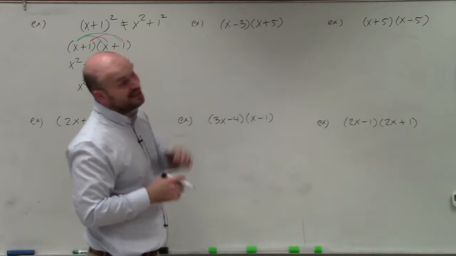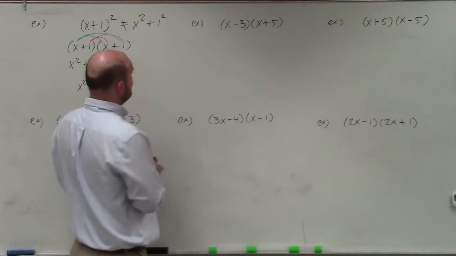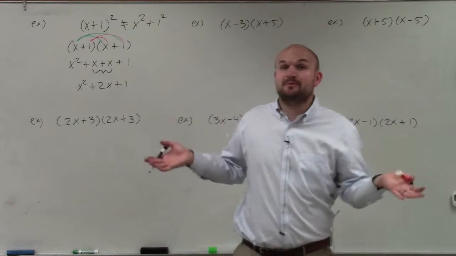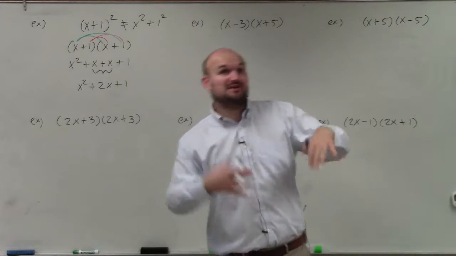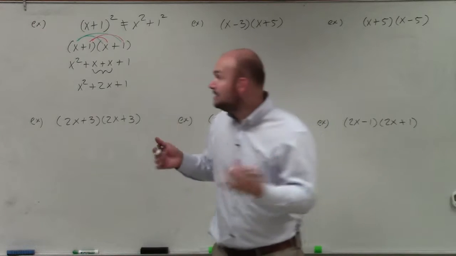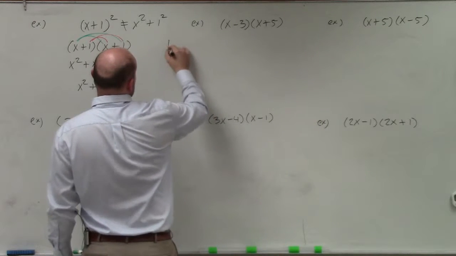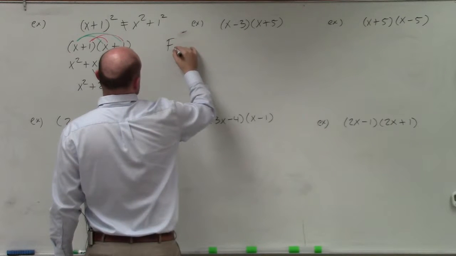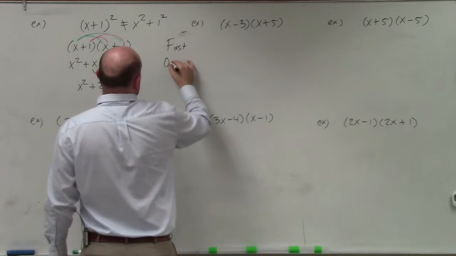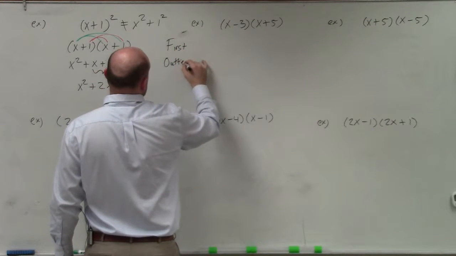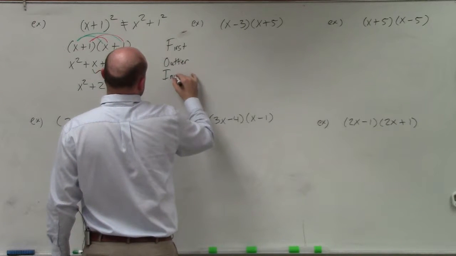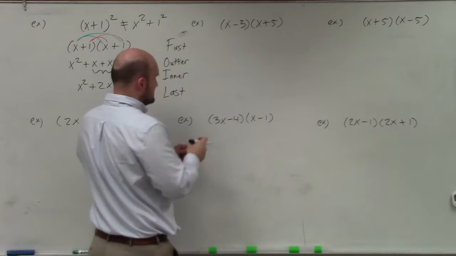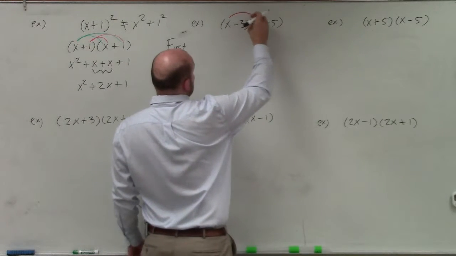All right. So then again, there's another way that we could look at this. Here's a kind of easy way, and it's a default way. A lot of people always remember FOIL. FOIL, FOIL, FOIL. It gets said all the time, and people just remember it. So basically what FOIL represents is first, outer, inner, and last. So basically what that means is they want you to multiply the first 2 terms in each expression,